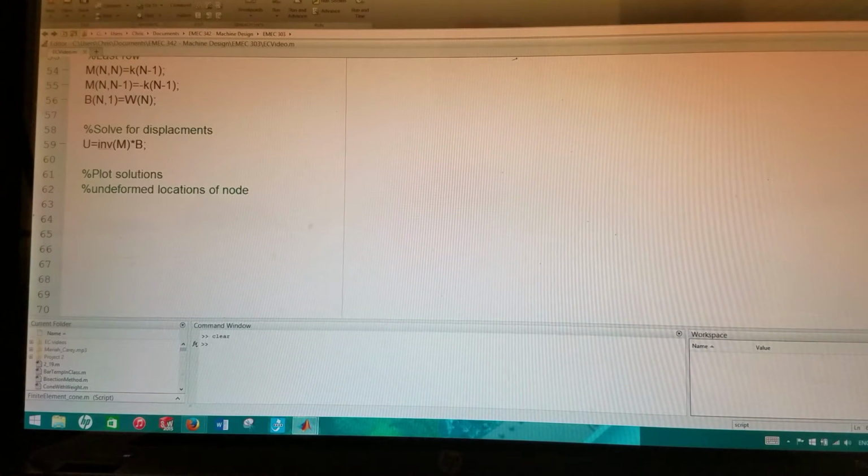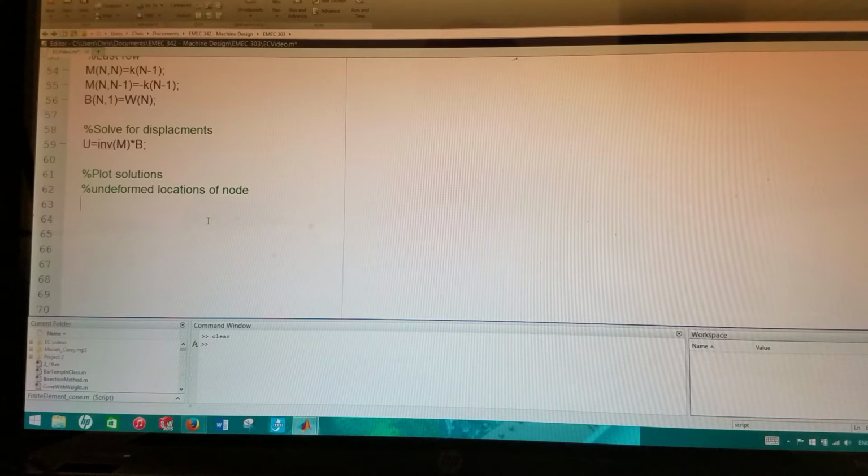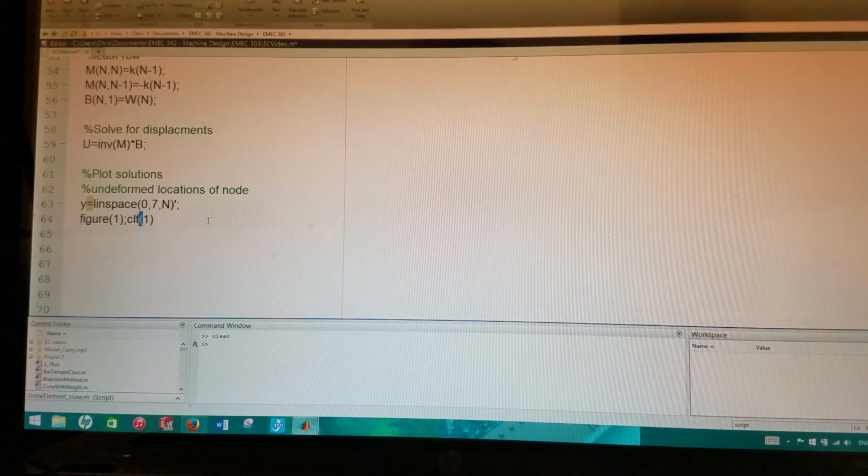So we're going to redefine the y-length space, because we need to transpose it so that it can be properly matched with the data points. So it's going to be from 0 to n nodes, and then transposed. And then this will be figure 1. And we're going to want to make sure figure 1 is cleared before we do this. And we're going to plot the y position plus the previously calculated deformation